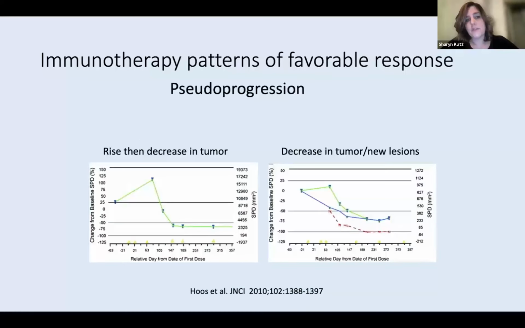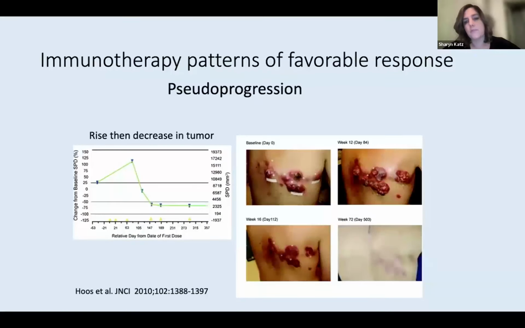But they described these 2 additional unconventional patterns that were also associated with favorable response. One was an initial rise and then fall in the size of the lesions, or a decrease in size of the lesions and the appearance of new lesions. And these were the images that they provided showing this rather dramatically in the skin and melanoma. If you look at the timing, they were describing around days 63 to 105, several months out, having this kind of peak in